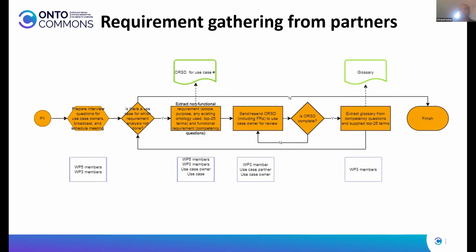This document will capture the scope, purpose, functional requirements, non-functional requirements, the terms, and most importantly, the competency questions for the particular use case. We collect it from the initial interview, and by analyzing and talking to the demonstrator, then we send it back to the demonstrator for their review, or the case owner. Sometimes the demonstrator has some partner as the case owner of it. So they go through the template, and then once they verify that it is okay,